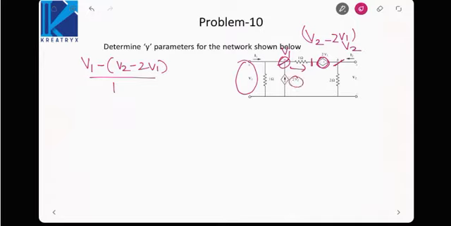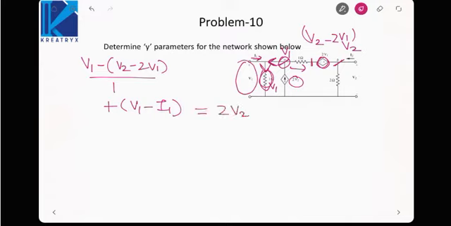And what is the current here? Here current is coming as I1 and here current is going as V1. So what is the current outgoing here? Current outgoing here is V1 minus I1, because V1 minus I1 is coming here, I1 is coming here, so current going here will be V1. Why V1? Because this is a 1 ohm resistor, so voltage equals current,